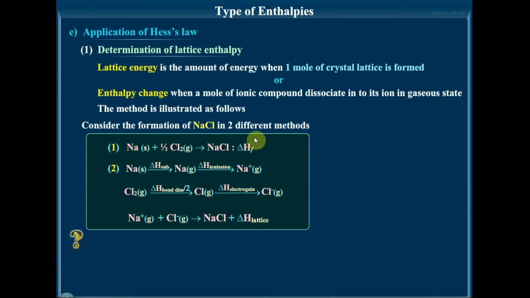This is called formation. Why? Because it is the enthalpy change of formation of 1 mole of NaCl. In the balanced equation you can find there is only 1 mole of NaCl. Okay, so this general reaction that I have read now can take place in 2 or more than 2 steps. And what are the different steps? That is what we are going to learn. So the first step is, in the first one, it is solid Na. This can be considered to take place in many steps.